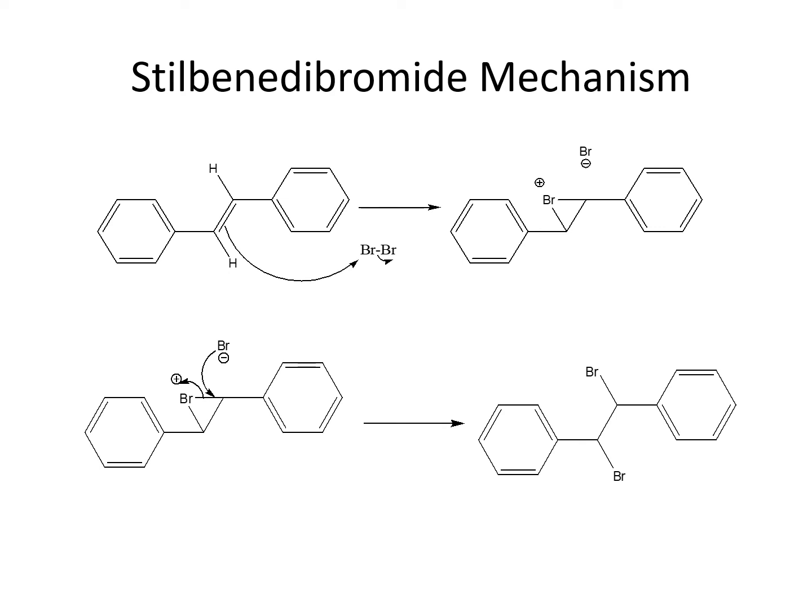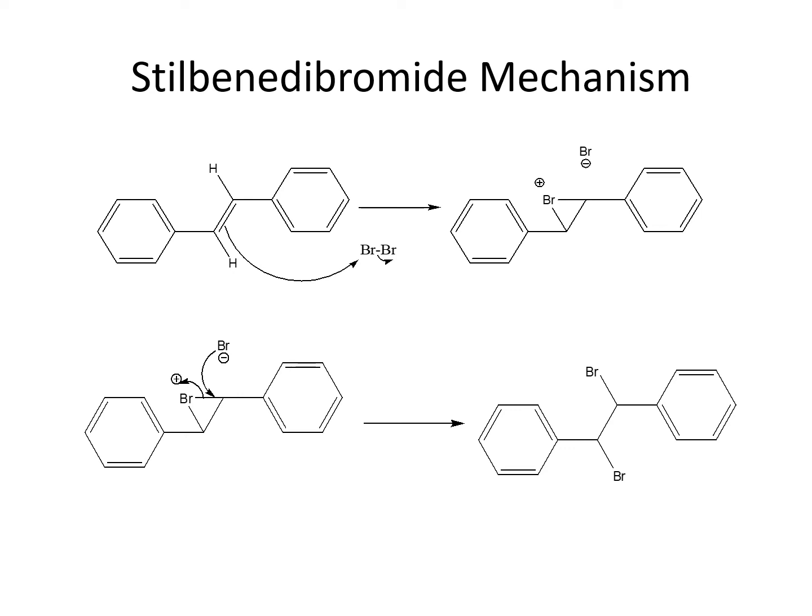What's unique about this intermediate is that the other bromine can attack it from only one side,